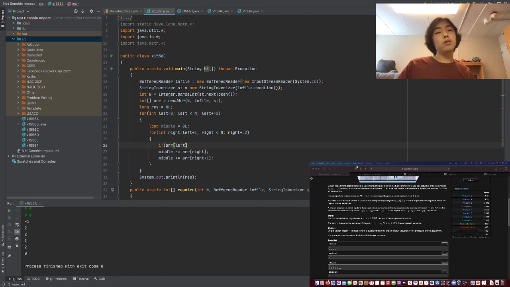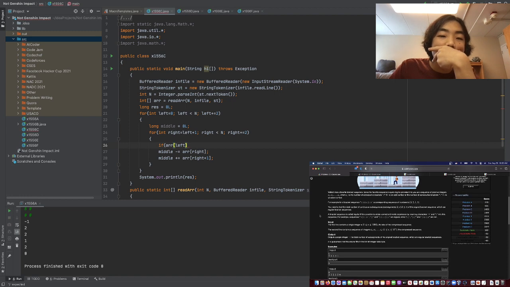So, in other words, you need to do something like this. Oh, wait, this isn't correct. Yeah, wait, because these aren't bracket sequences. There's no really good way to do